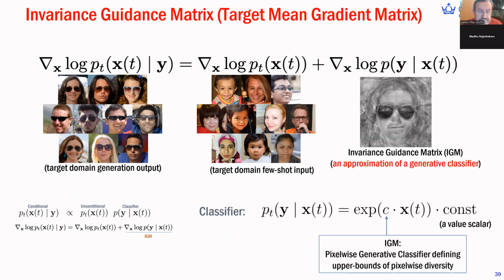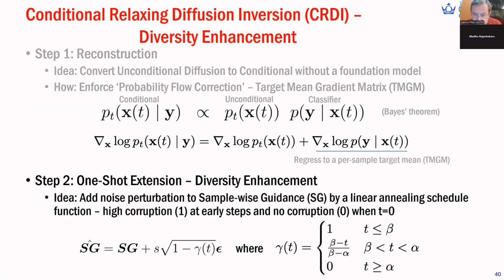So again, there are more details in the paper. Given the interest of time, I will move on. In addition, we also extended from a few shots, for example, 5 to 10 shots, down to 1 shot. So the idea of building this invariance guidance can apply to individual images as well. So it also works with single image